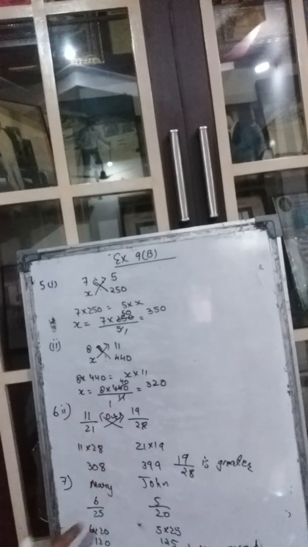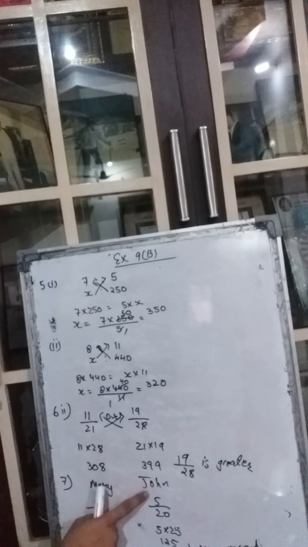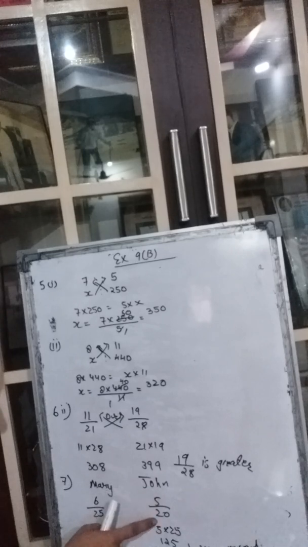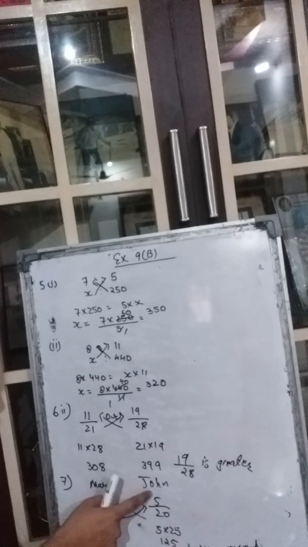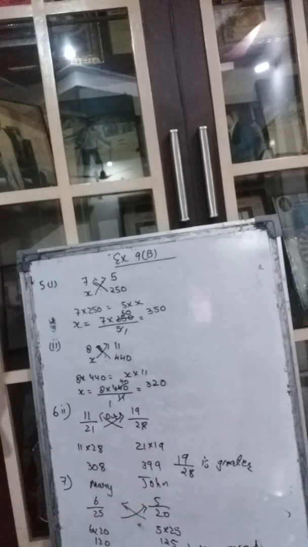Okay, write the headings. Write Mary and John. Mary's ratio 6:25 means 6 upon 25. John's ratio 5:20 means 5 upon 20. Simply do the cross multiplication. 20 will come here, 6 into 20, and this 25 will go here, 5 into 25. Okay. So do the multiplication. It is 120, here it is 125. Which one is more? 125 is more. So that means in John's class, A grade was received by more students. So John's class has the better record. Got it?